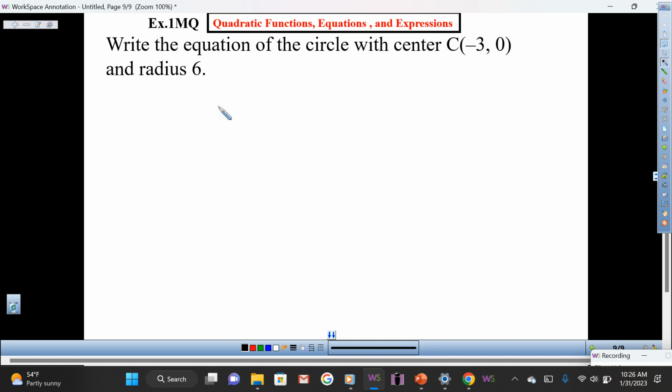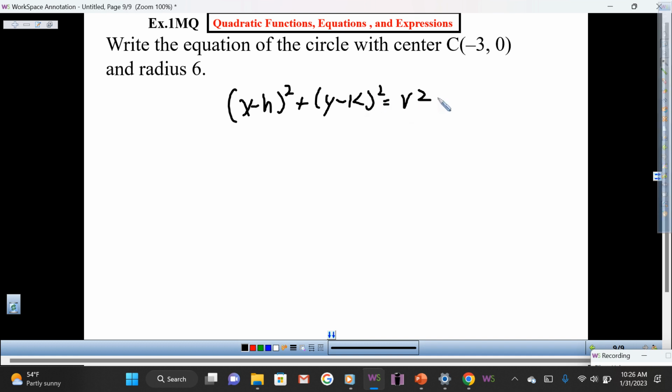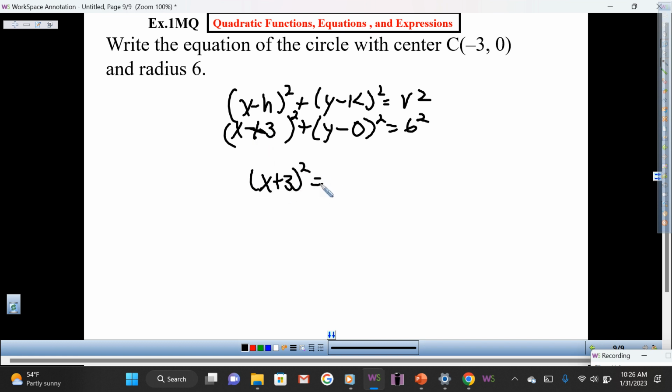So we start off with (x minus h) squared plus (y minus k) squared equals r squared. Yes? And then we substitute negative 3 here and 0 there. And of course the 6 over here. I'm going to bring everything else down: (x minus (-3)) squared plus (y minus 0) squared equals 6 squared. Okay? Negative times a negative is a positive, so this is (x plus 3) squared plus, sorry, my bad,